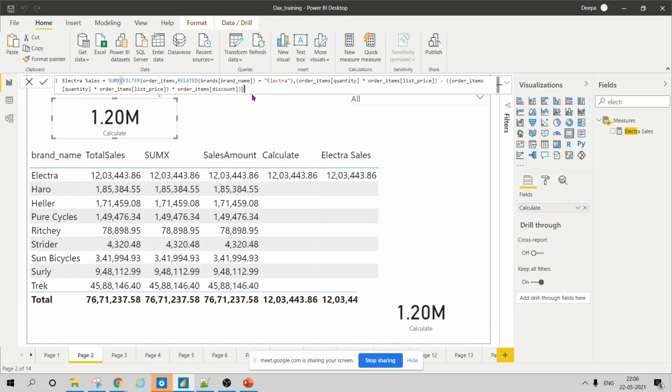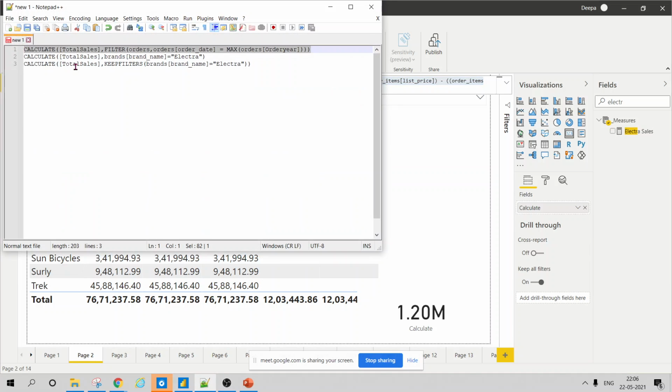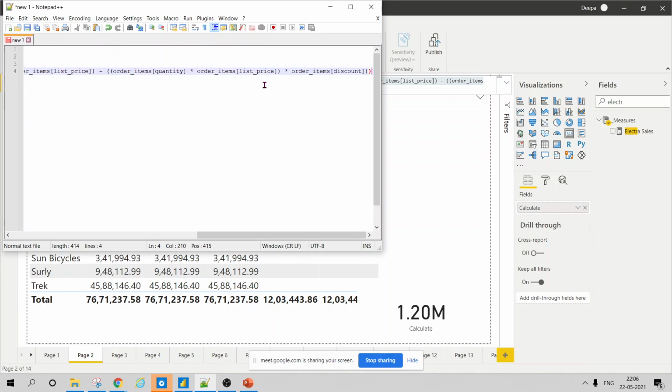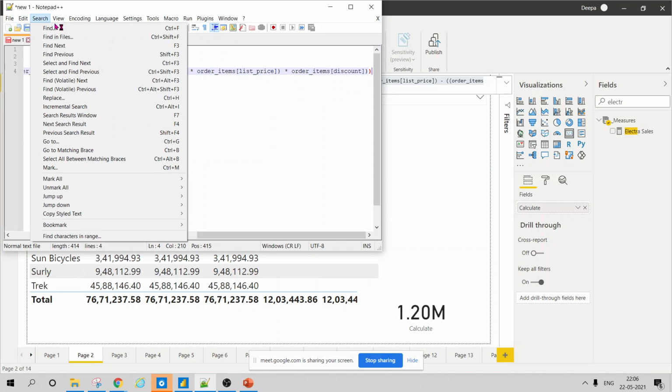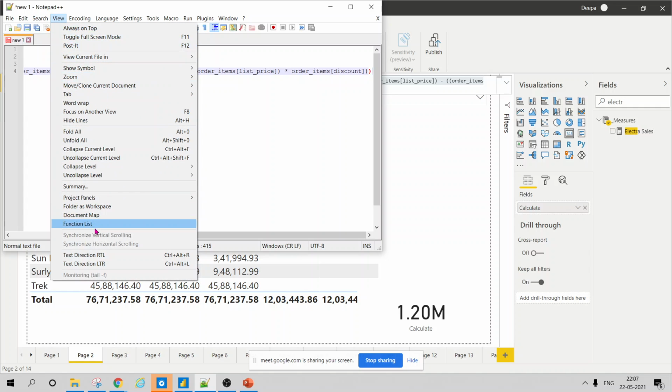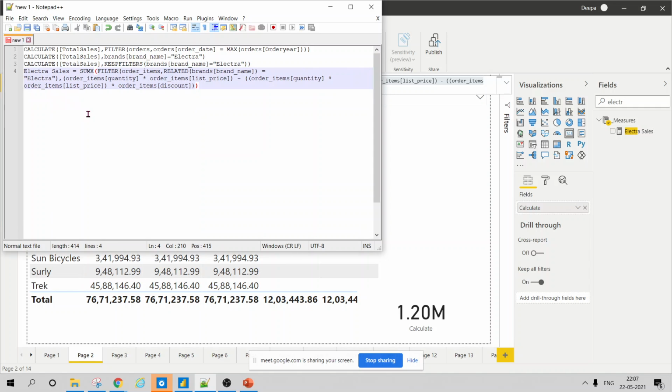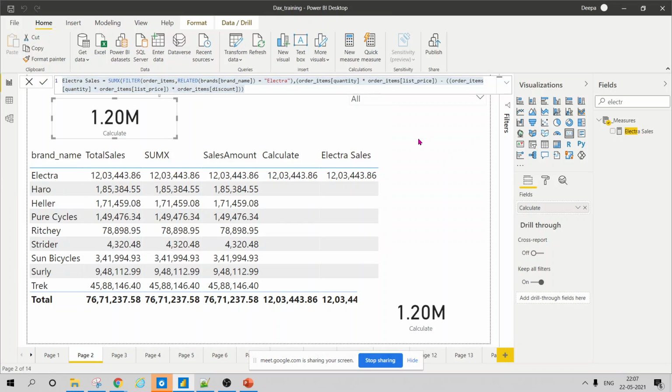So now what I'm trying to do is first of all break this down to understand. So first of all, when I'm writing a sales Electra, I'll first try to understand what is happening here.